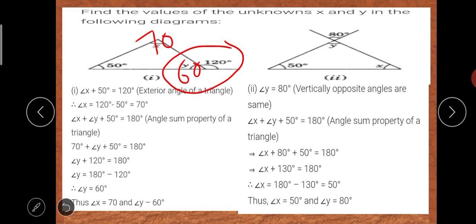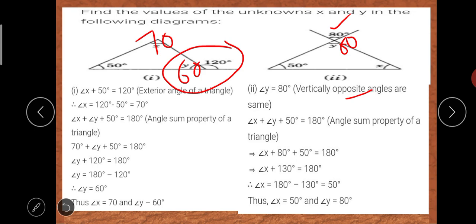Next question, see. Angle y is equal to 80 degrees. Now how do you find it here? See, 80 degrees is shown here. The value of x, without measuring I can tell it is 80 degrees because of the property of vertical opposite angles. Already we studied that vertically opposite angles have the same measurement. So here the value of y given is 80, and one measurement they told is 50, and the x value we don't know.